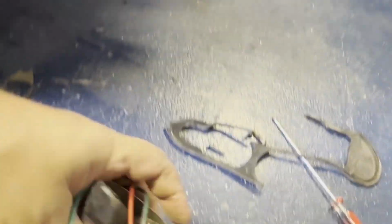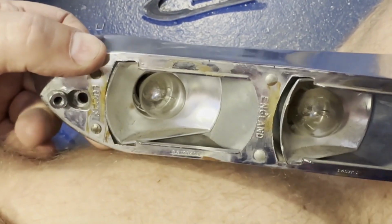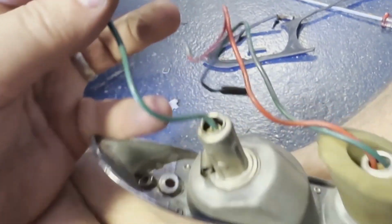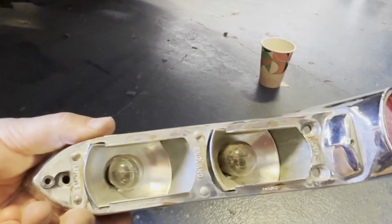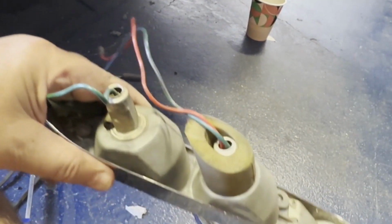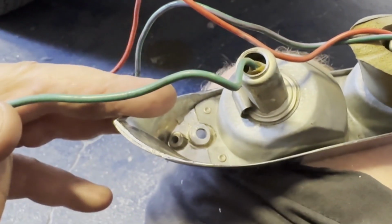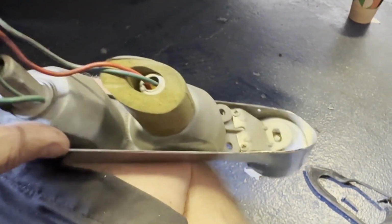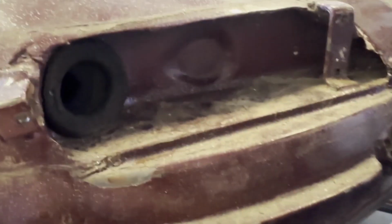All the wires were disconnected. The left-hand side bulb has just got 1 wire attached to it, so I'm hoping that's alright. The middle one has got 2. All the wires are obviously being pulled back through there. We'll deal with that when we can. So that middle light bulb has 2 wires, blue and red, and then the left-hand one. And this spongy thing sits on the middle and gets itself